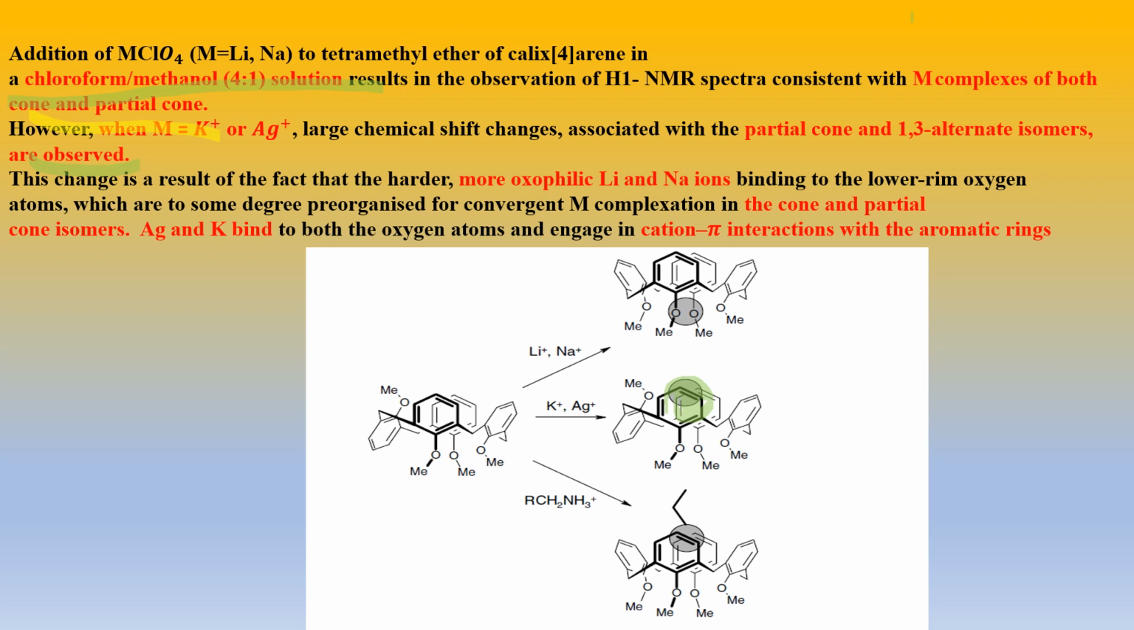This is the reason you can see in this diagram sodium will be present below in the lower rim, and silver will be present in the upper rim. This is due to the cation pi interaction. Here the sodium or potassium will be interacting with the oxygen atom. So next you can see